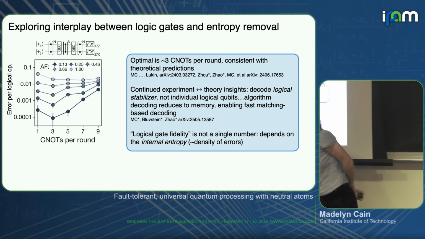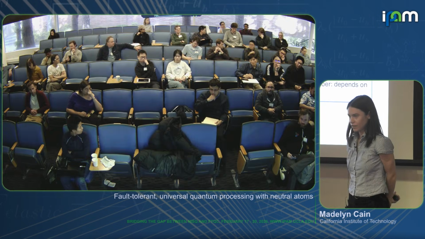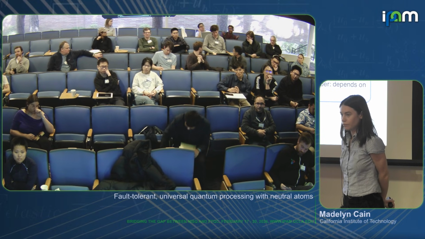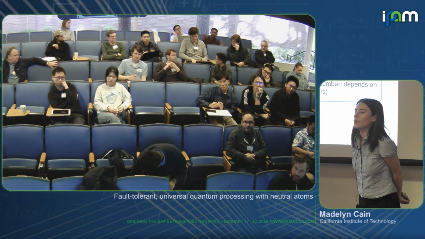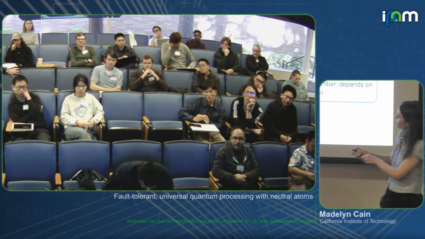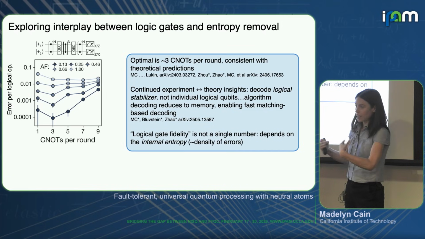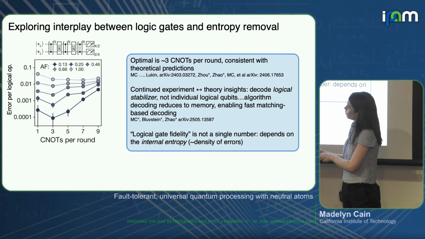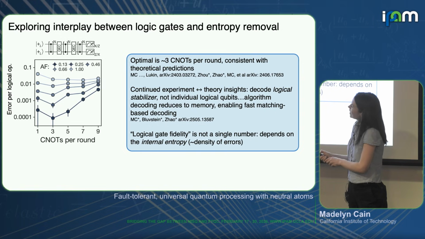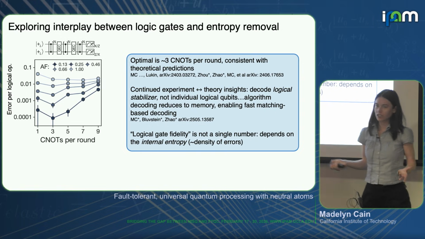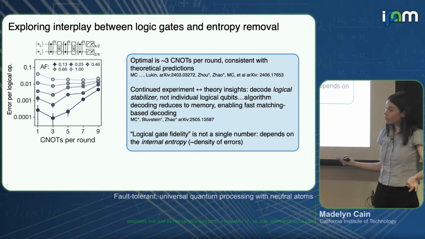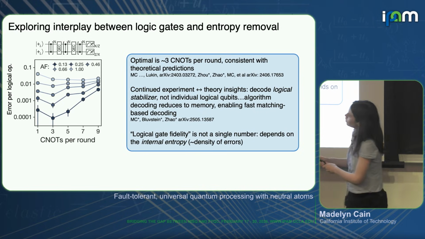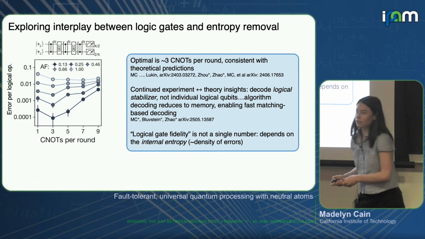Yeah, back there. When you say the optimal is like 3 C-naughts per round, from theory predictions, I guess that means you have opposing factors, right? And what are those factors? Yeah, it's just what I mentioned. If you do many gates before you check for errors, you have too much error buildup and things get worse. That's on the right side here. If you check too often before errors have built up, then checking itself for errors has a cost because you're doing gates. And so that will also be suboptimal, which is what you see on the left.